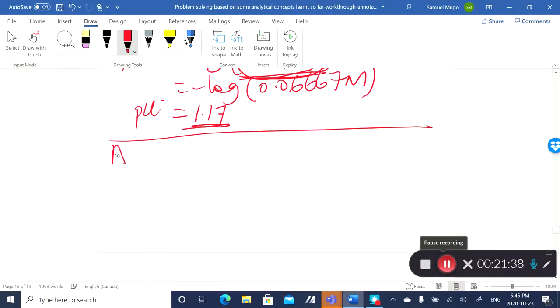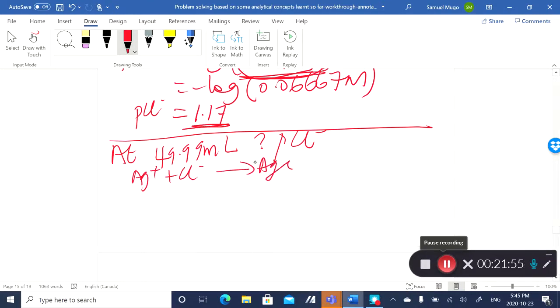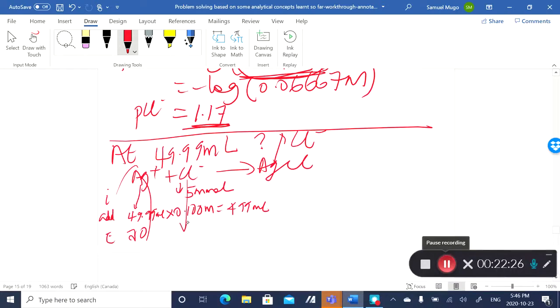So just to confirm, because the next question is at 49.99 ml, what's the pCl? And again, it's the same thing, the silver plus, and I know I'm being repetitive here. Initially what I have here is 5 millimoles. And then I've added 49.99 ml times the concentration, which is 0.1 molar, which gives me 4.99 millimoles, meaning my equilibrium amount, all silver is consumed. And then in this case, the chloride remaining is 5 millimoles minus 4.99 millimoles, which gives you 0.01